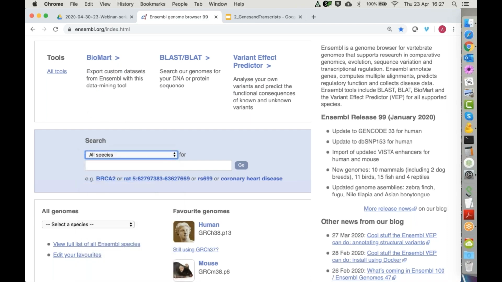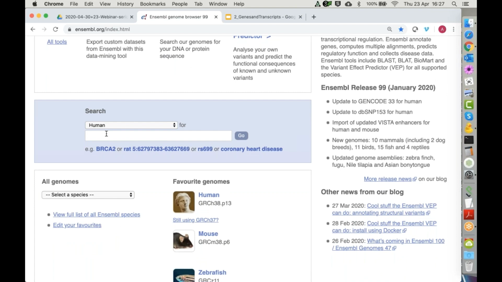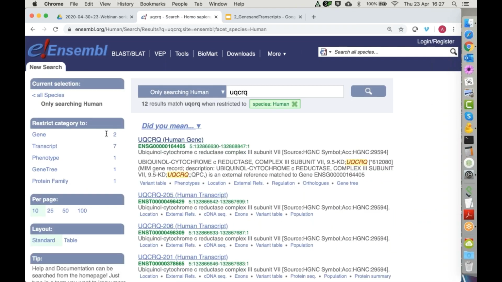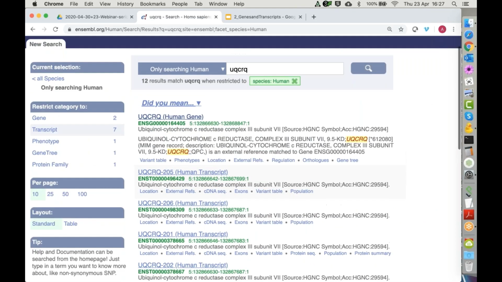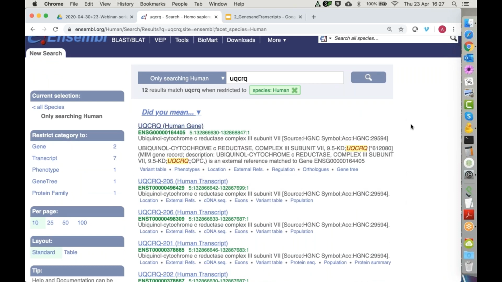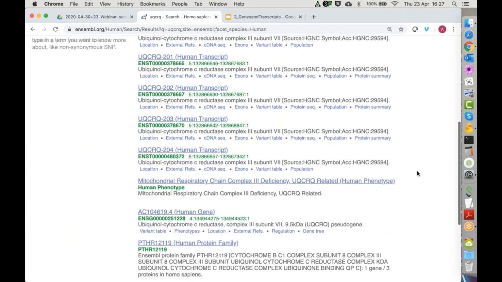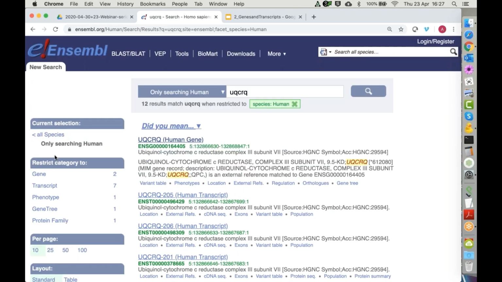Now I'm searching for a human gene which is called UQCRQ. In my search results, I can see that my top hit is in fact this human gene. They are ordered by how often these pages are accessed. I have restricted to human already, but I can also go to another species, and I can also restrict to categories such as genes, transcripts, and phenotypes. I will click on the top hit, the human gene now,